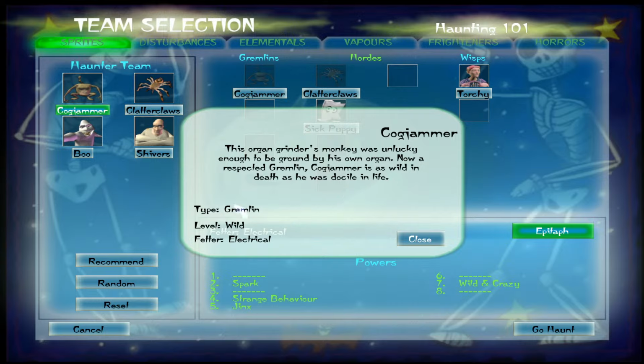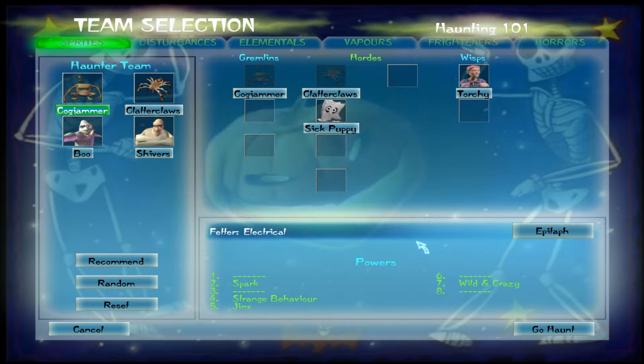Cogjammer's a gremlin, which is a type of low-level ghost. It's bound to electrical appliances. We have